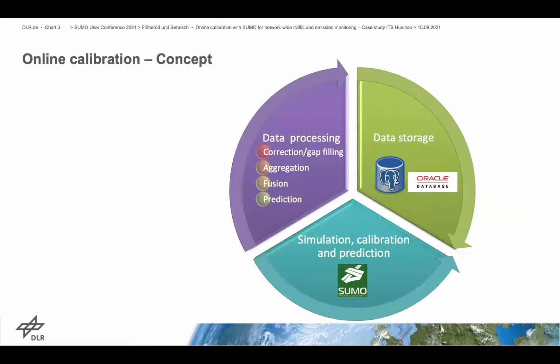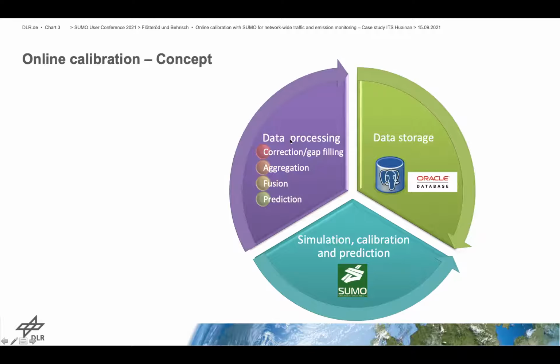As for the basic concept of the online calibration with SUMO, this process consists of two parts. The first one is data processing, and the other one is simulation, calibration, and prediction. They are two independent parts and executed separately, but with the same script. The data processing includes data correction, gap filling, data aggregation, fusion, and prediction.